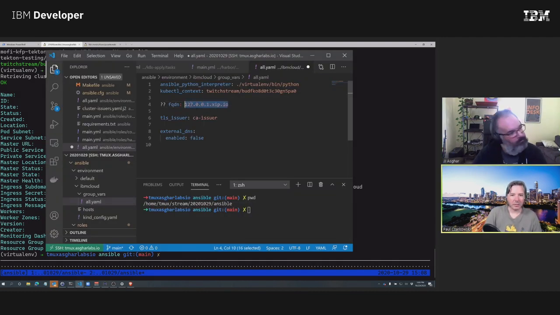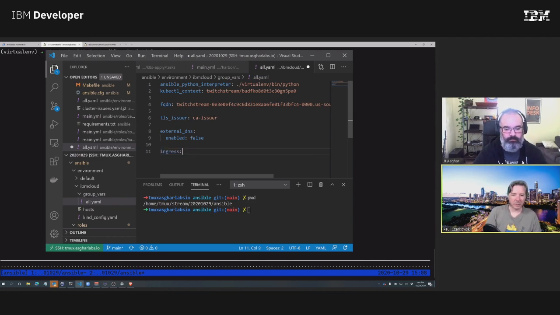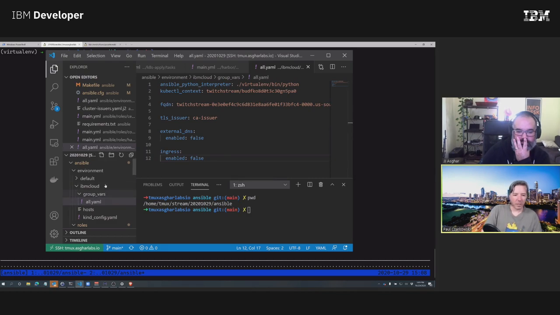So if I set that, and then I set ingress enable false. And then I think there was something else I needed to do in my cluster issuers.